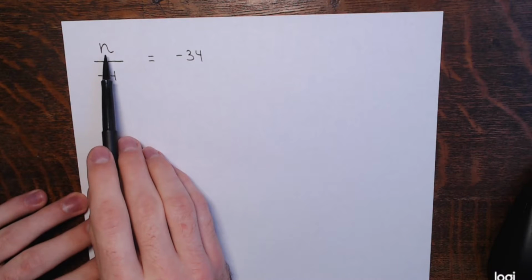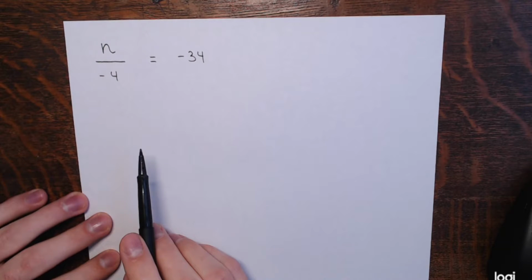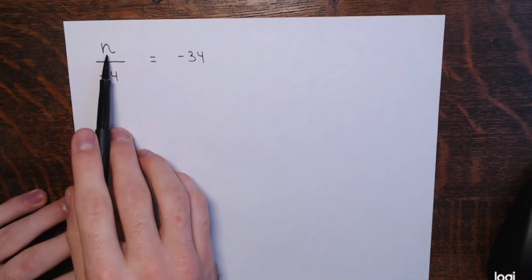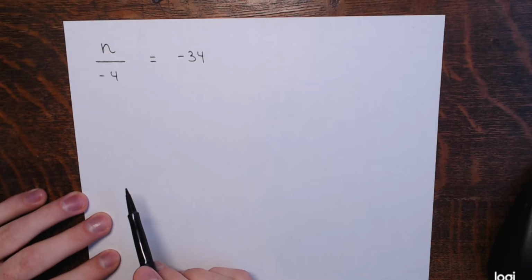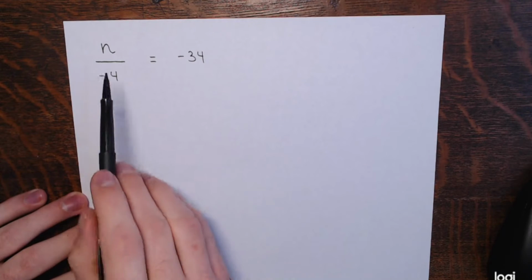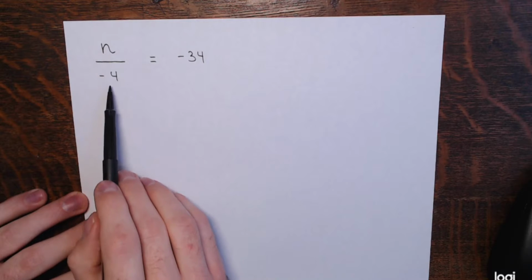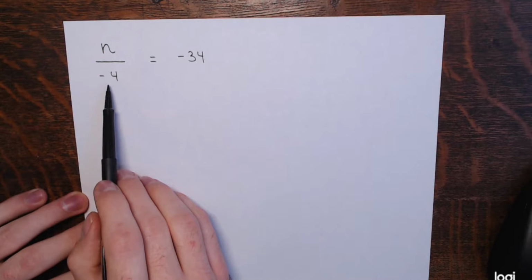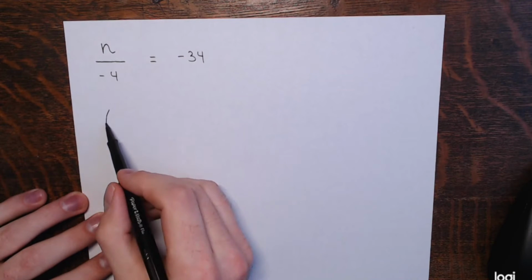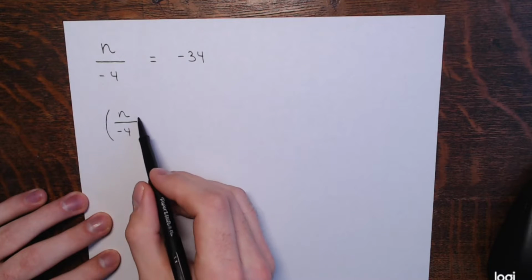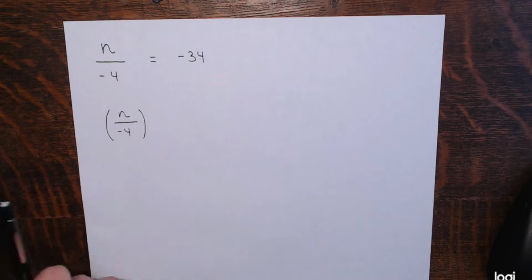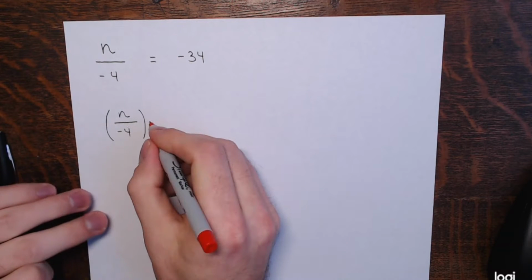N equals some number that when I replace n with that number, it would make this a true statement. Well, right now I have n divided by -4. To undo division, you perform multiplication. So if I wanted to get rid of that -4, I would multiply by -4